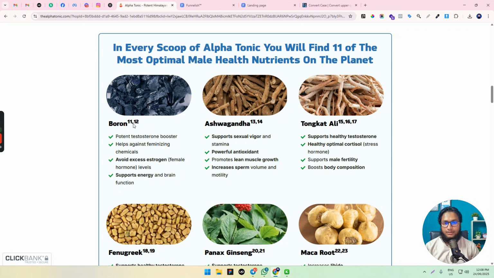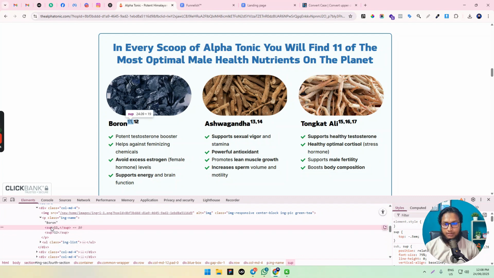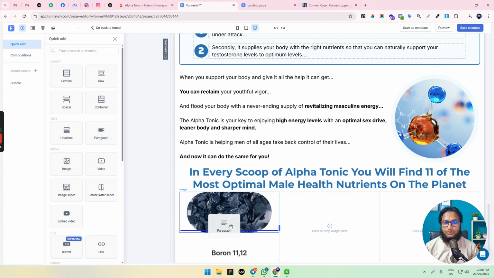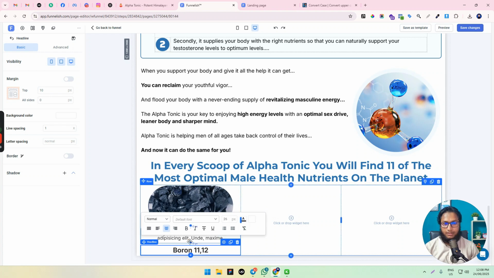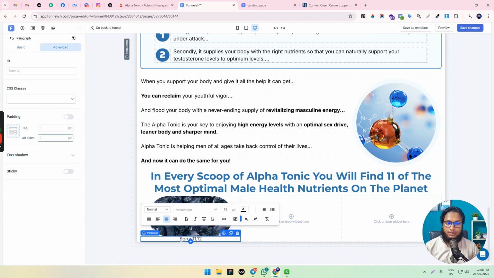This two text is different, maybe in their sub tag. So in this case, let's use paragraph and check if this is available. Yeah, in paragraph this is available here. So I can remove this heading and margin heading. Select these two, make it like this. Bold